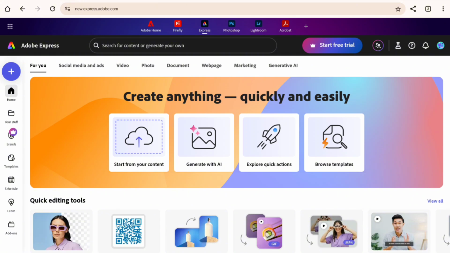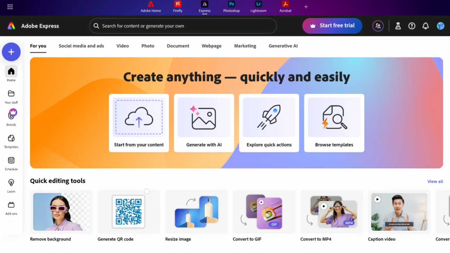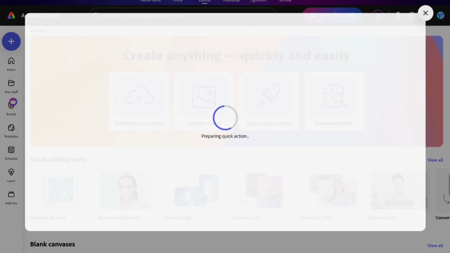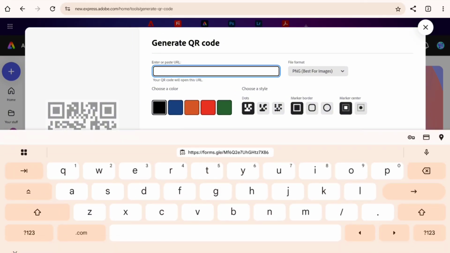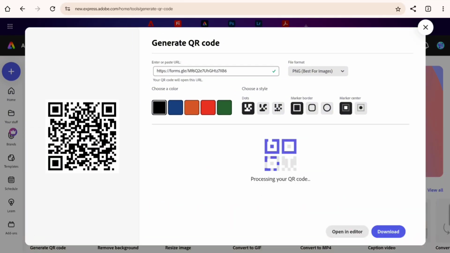So I'll simply use Adobe Express. So on Adobe Express, simply head over into the quick editing tools section and then in here you'll be able to find this option to generate QR code. So in here you'll need to place the QR code under the enter or paste URL section, and then under